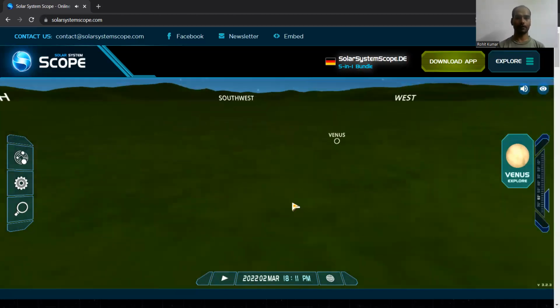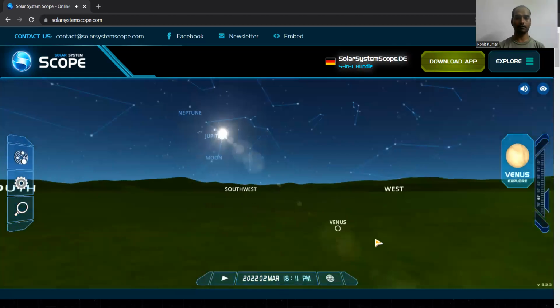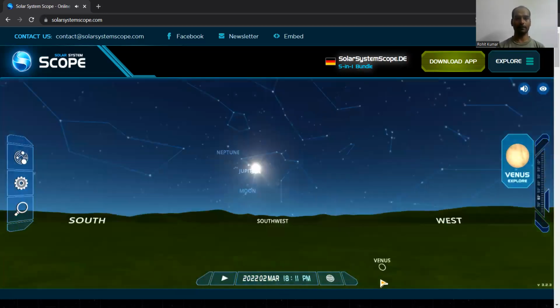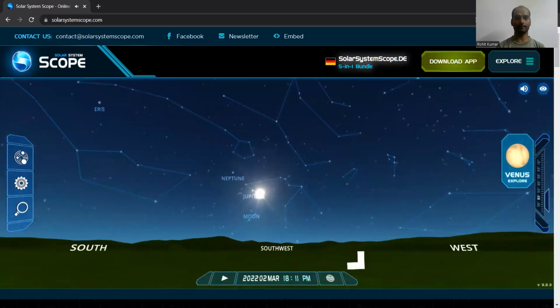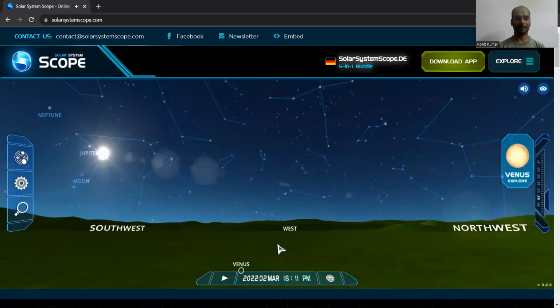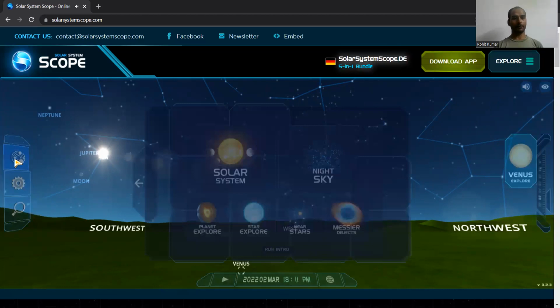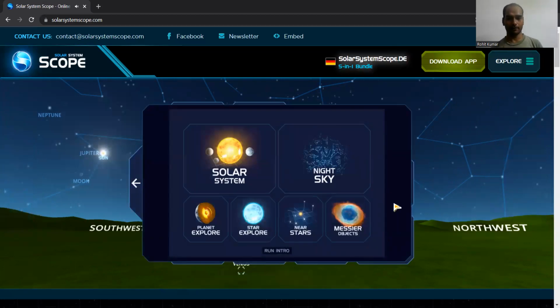Okay, now you can rotate it like this. You can go down, left or right, and you can see the view. Isn't it amazing? Quite amazing. Now, if you want to have the view of other things, like you want to have the planet explored, then